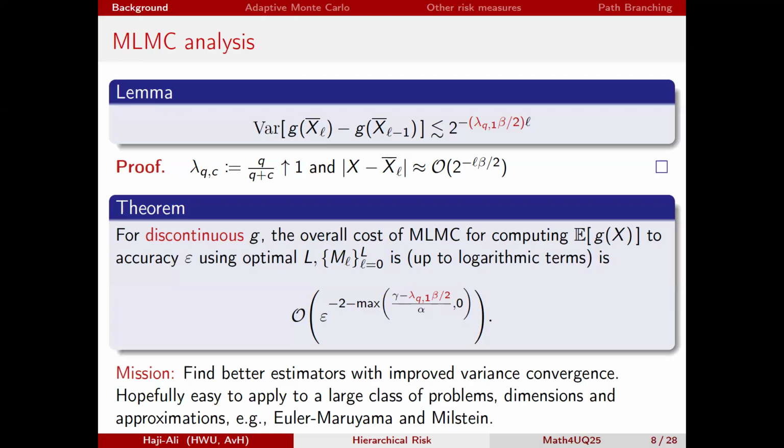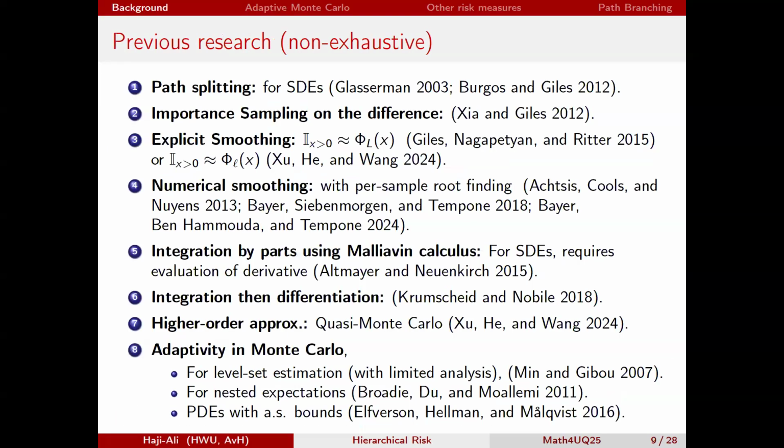And so with this introduction, I still haven't got to the main methods here, but the mission is to find better estimators that recover the rate of approximation of X, beta, such that I don't see this discontinuity. So I get something that is as if I have a Lipschitz G. That's the goal of this talk. And that's the goal actually of many groups.